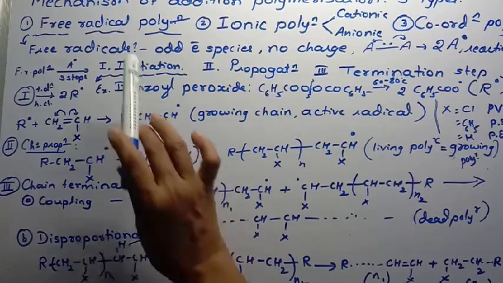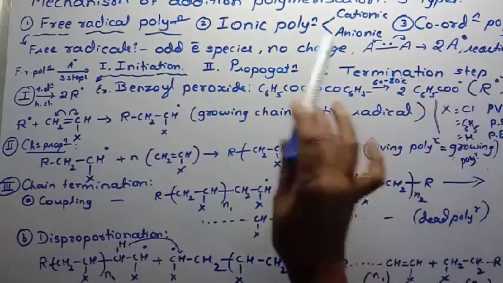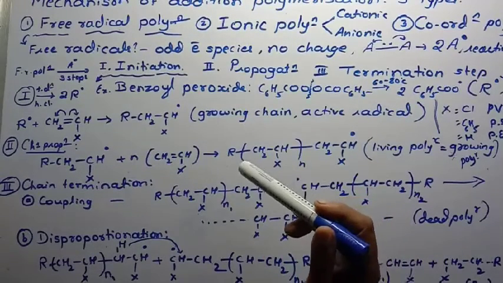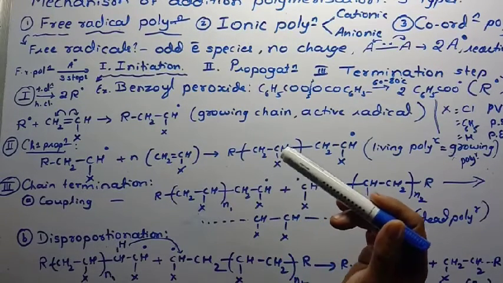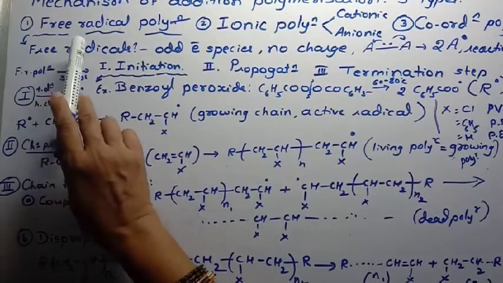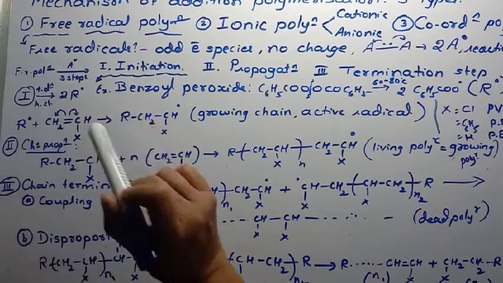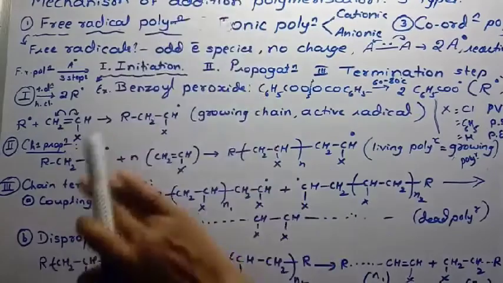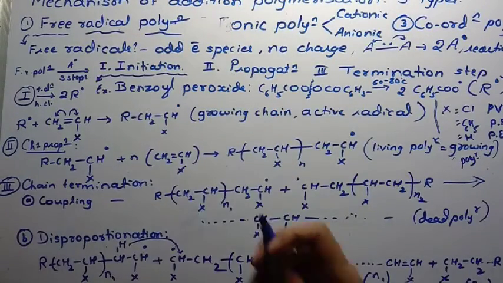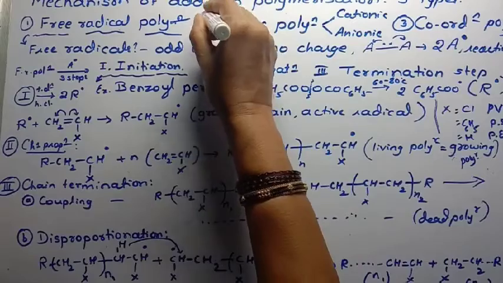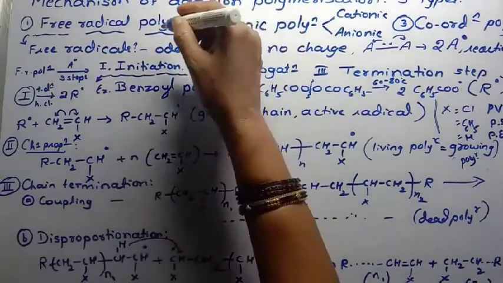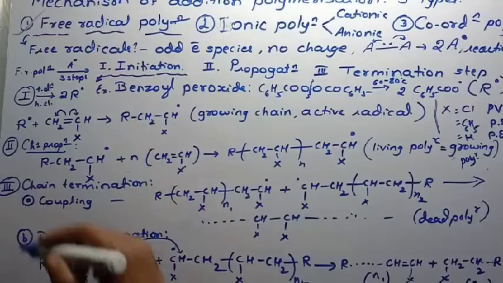Okay. So in each, the mode of formation of different species is different. Now we'll discuss only the free radical polymerization reaction. So we'll leave these two, and we'll discuss them in the next class. So today we'll discuss only the free radical